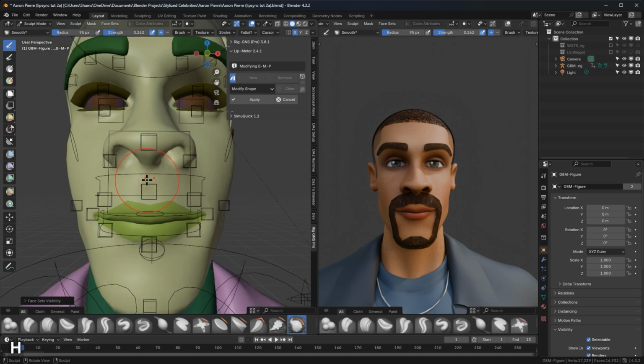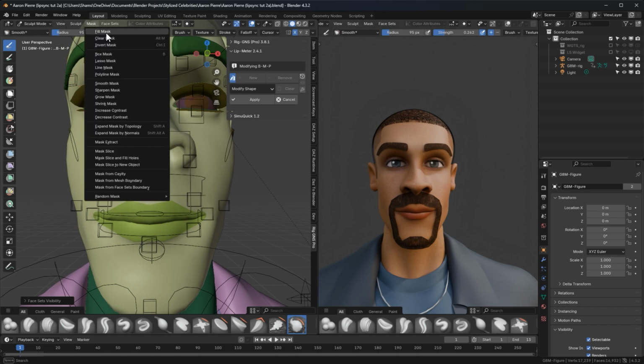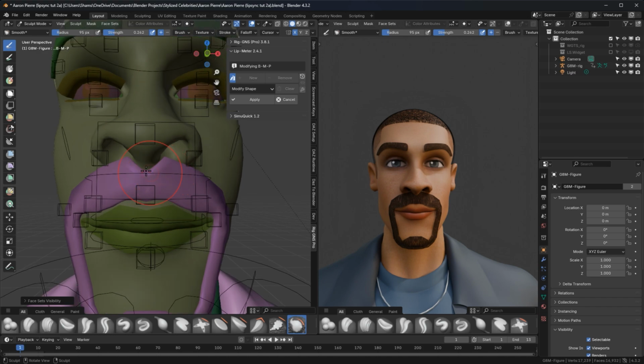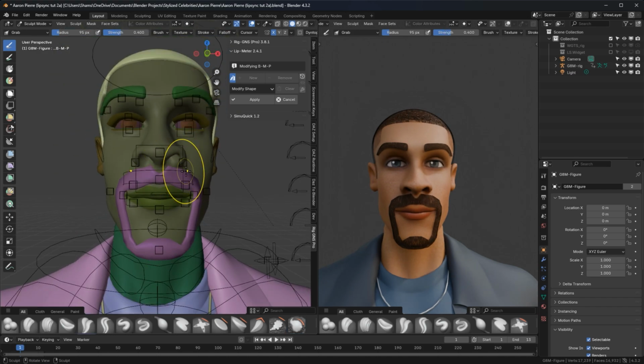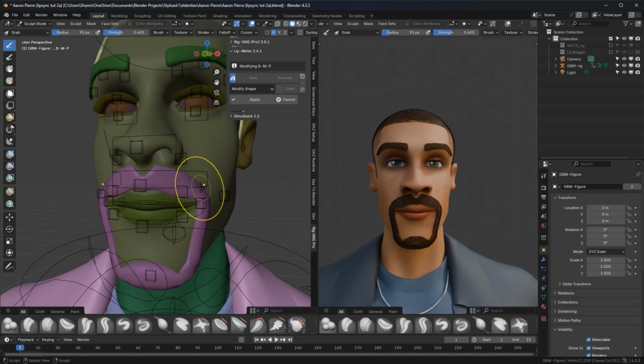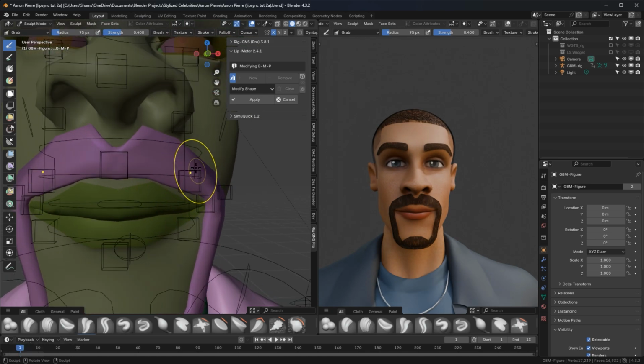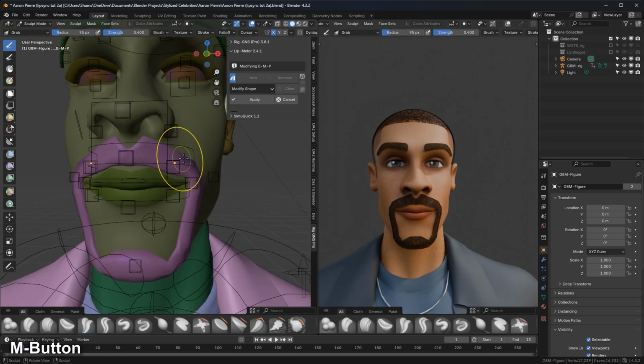I'll start by hiding the mustache and then go to the mask menu and select fill mask to include the entire face. Now I will unhide the mustache, and using the grab brush, I'll pull down some of the upper parts of the mustache to reduce the stretching. Always make sure the X-axis mirror is enabled so changes are applied symmetrically. Let's turn subdivision back on to see how it looks.